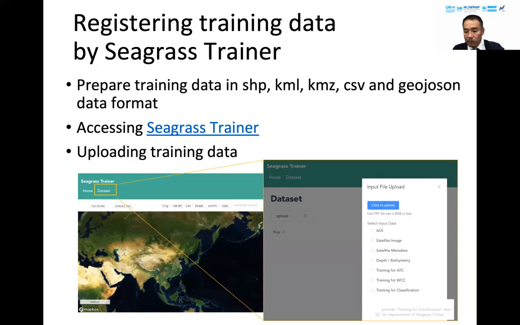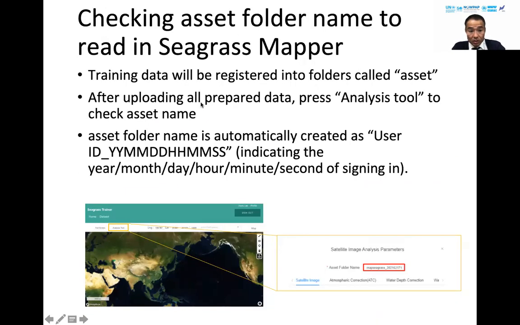And start uploading each dataset using this window. Okay. New information. Okay. Yeah, there are some information exchanges in the chat menu about bathymetry data. So,